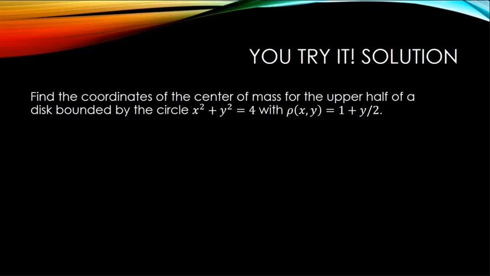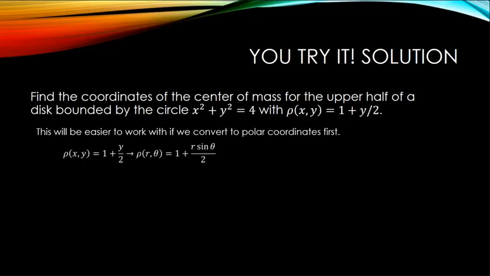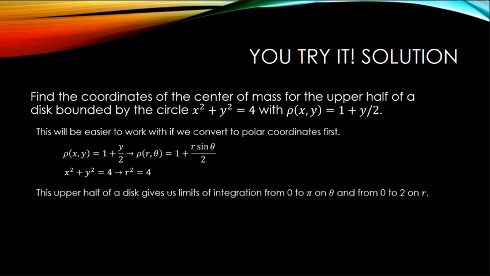In order to find the center of mass for the upper half of this disk, I want to see if I can take advantage of some symmetry. This will be easier to work with if I convert it to polar coordinates first. Rho of xy is equal to 1 plus y over 2 in polar coordinates becomes rho of r theta, which is equal to 1 plus r sine theta over 2. X squared plus y squared is equal to 4 becomes r squared is equal to 4. The upper half of a disk gives us limits of integration from 0 to pi on theta and from 0 to 2 on r,